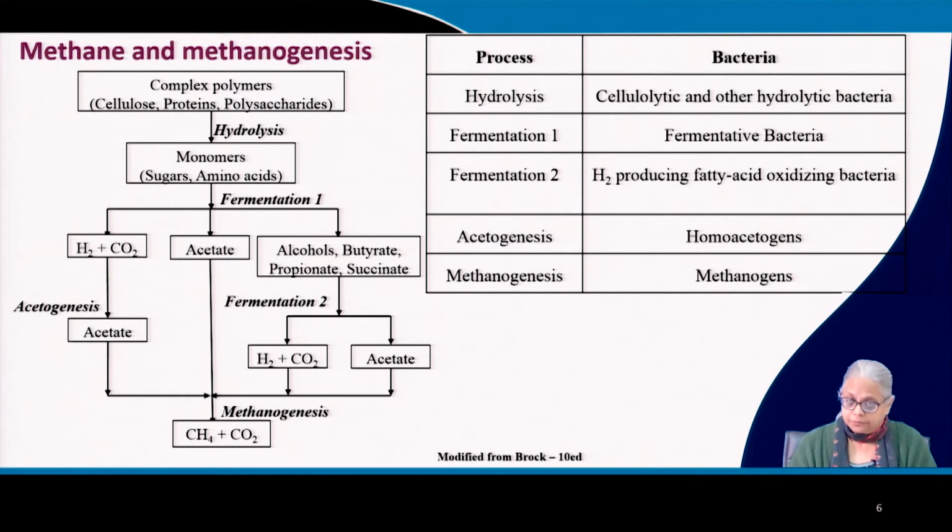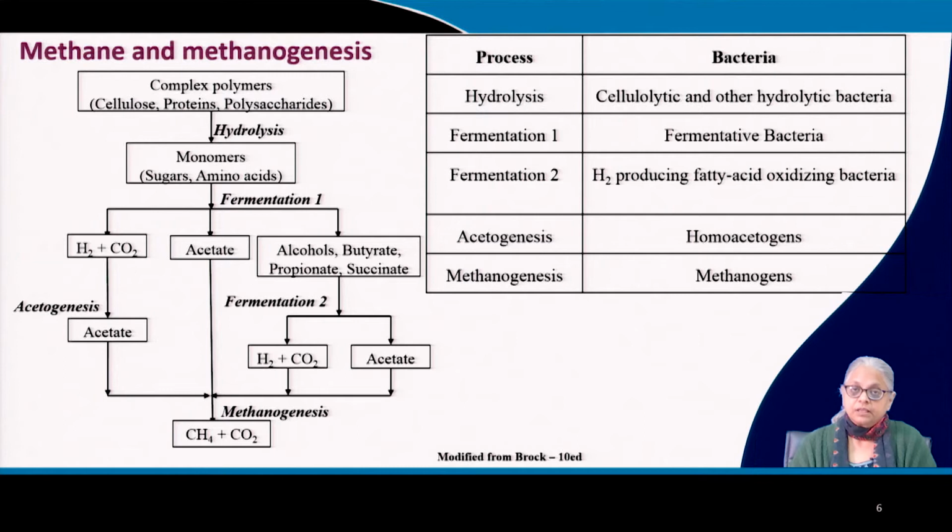Okay, so all these can be generated by these fermentative bacteria. This hydrogen plus carbon dioxide can further be modified to acetate. Acetate itself will be converted to a combination of methane and carbon dioxide, and this conversion is done by methanogens. So these are the methanogenic bacteria, and you can see the hydrogen producing fatty acid oxidizing bacteria, the syntrophs, are